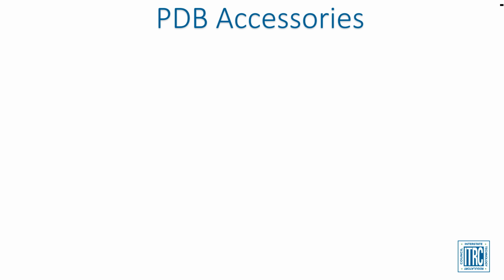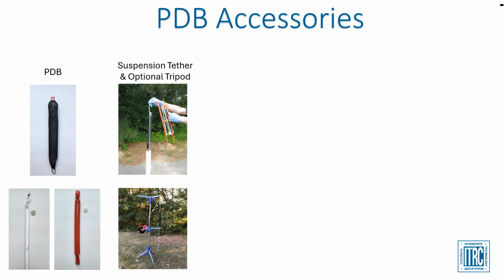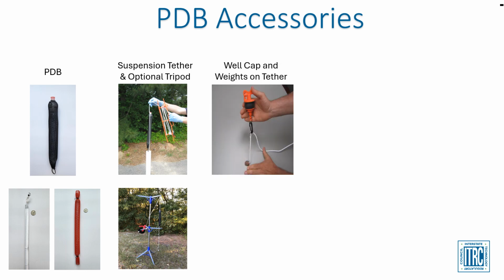PDBs require very few components or accessories, and the recommended parts are inexpensive, lightweight, and easy to use. These include a PDB selected to best meet project objectives and well diameter, a reusable suspension tether with pre-installed connection rings or loops to which the PDBs are attached, a reusable well cap from which to hang the suspension tether